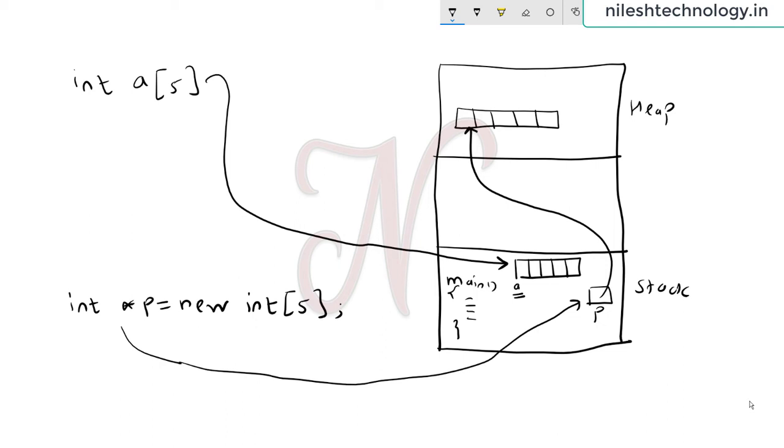And one more thing, let the user add more elements and also remove elements. So we want a data structure which can grow and reduce in size. We want a variable size structure. For that purpose we will use the linked list.